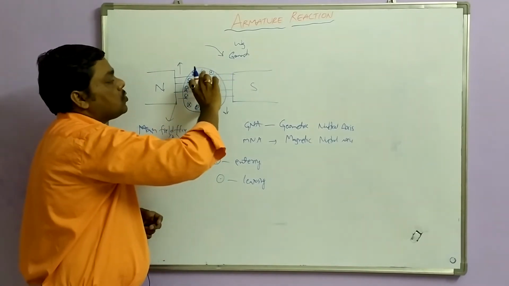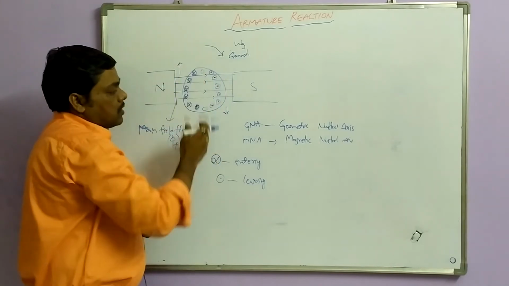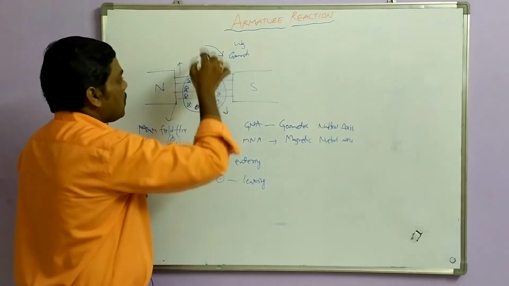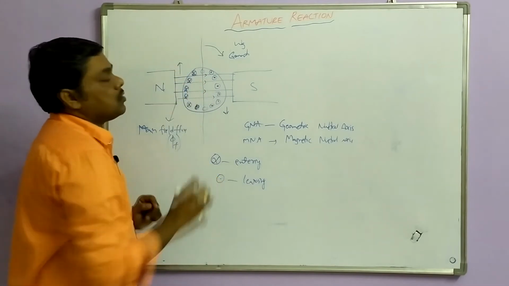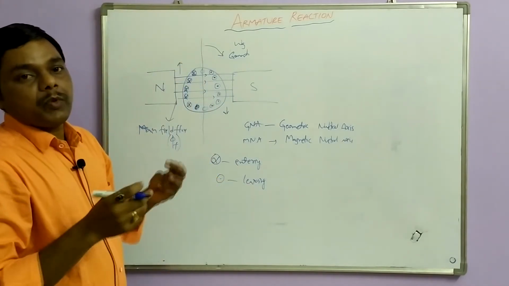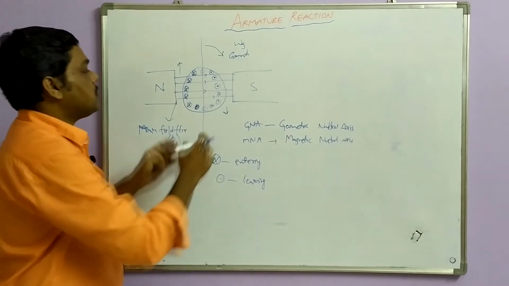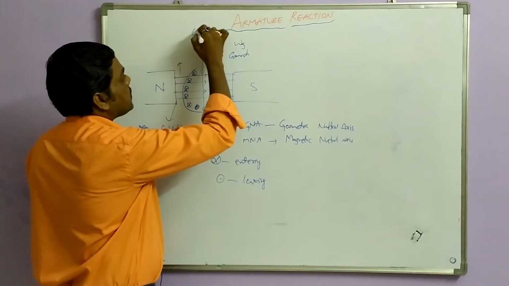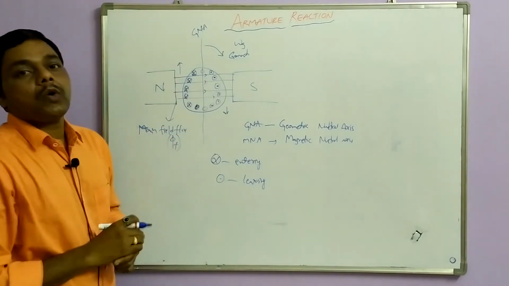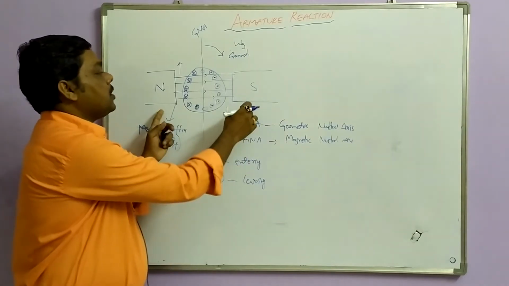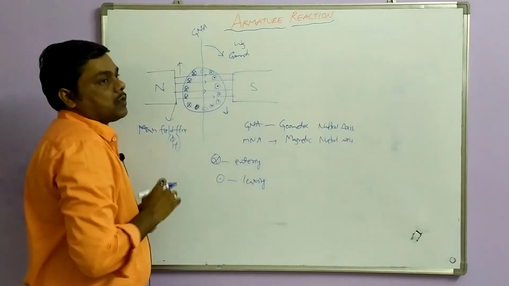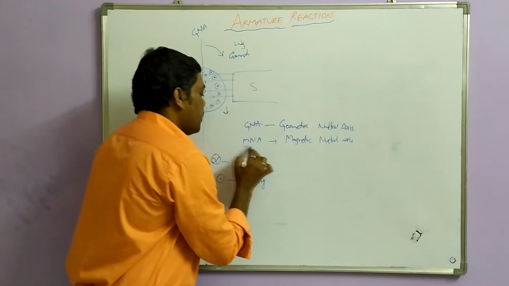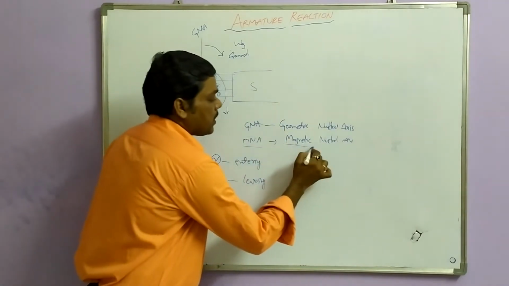Then what about these two conductors? These are straight conductors between the north and south poles. Now if you draw a line for this, this is the exact physical distance between the two poles. That means the geometrical distance between two poles, and this axis we can call a GNA, geometric neutral axis. Between two poles I am drawing this line, so that's why I am saying geometric neutral axis. Then what is meant by MNA? MNA is nothing but magnetically neutral.